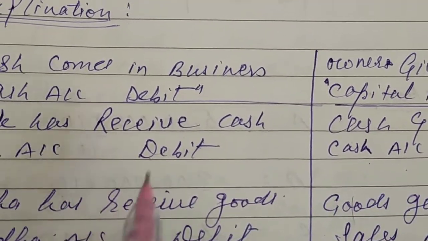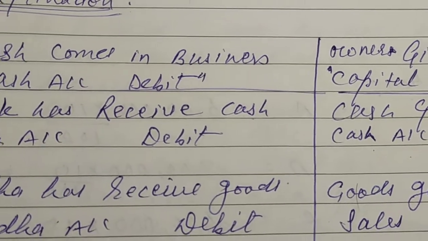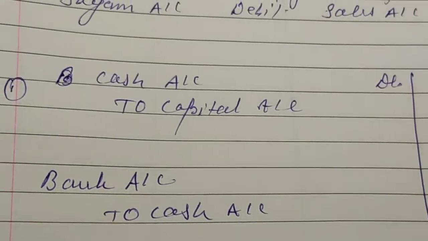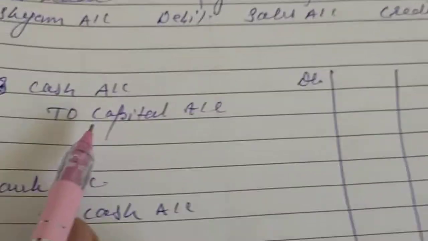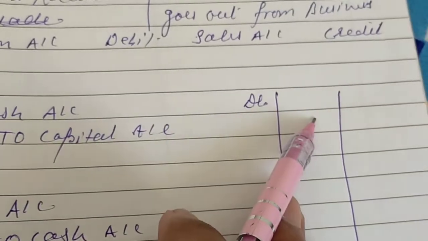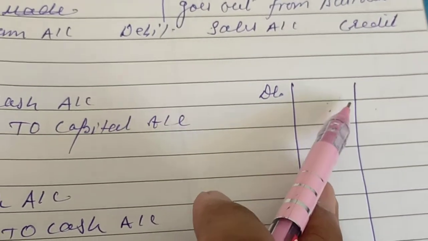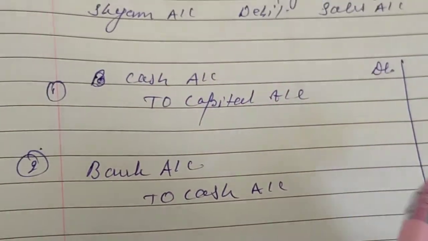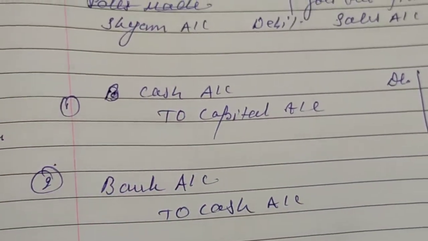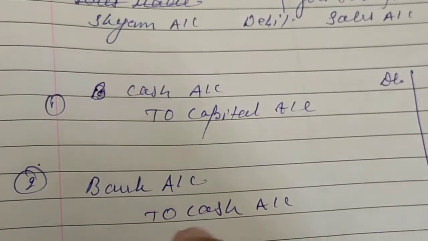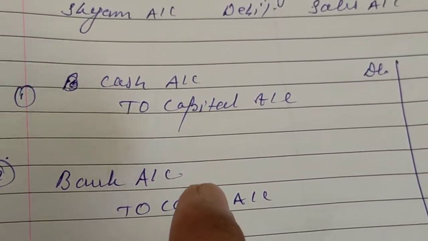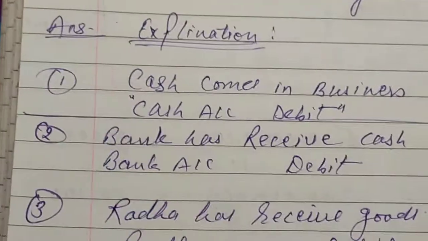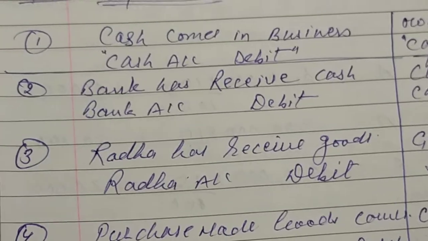Here I want to show how to write the entry in the journal entry form. Here you can see the journal entry format. Basically, this is the particular column. This is the amount column, debit column amount, credit column amount. I'll tell you in the next chapter. The whole chapter depends on the journal entry. In this chapter, I am just showing orally how to make a journal entry in the format, right? Only the explanation in this chapter, right?